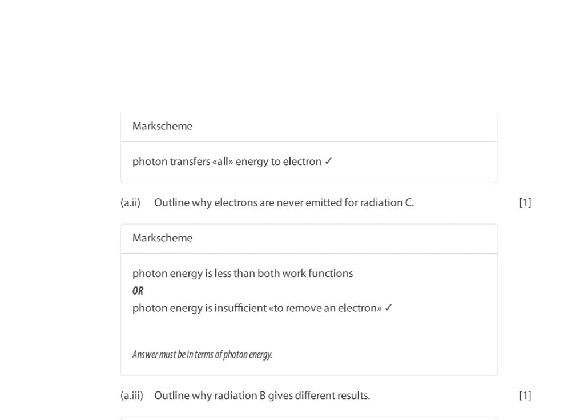Okay, so the photon transfers its energy to the electron. The kinetic energy of